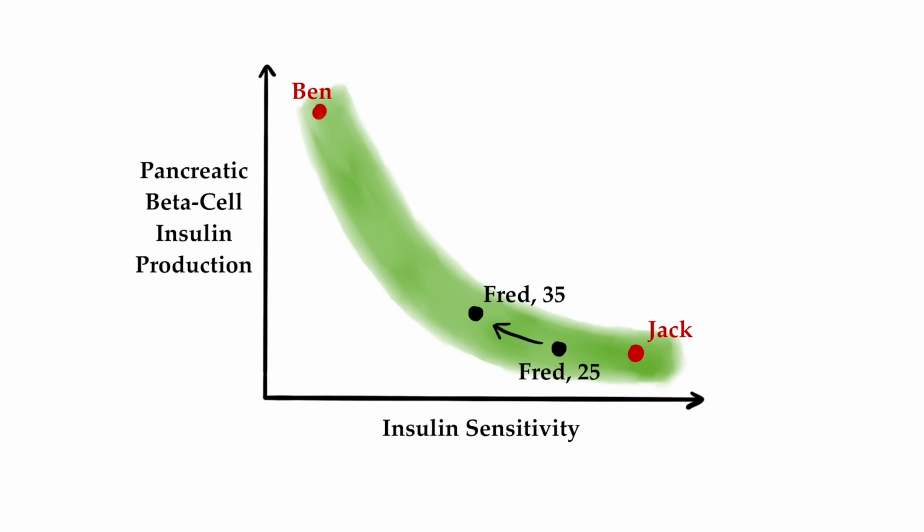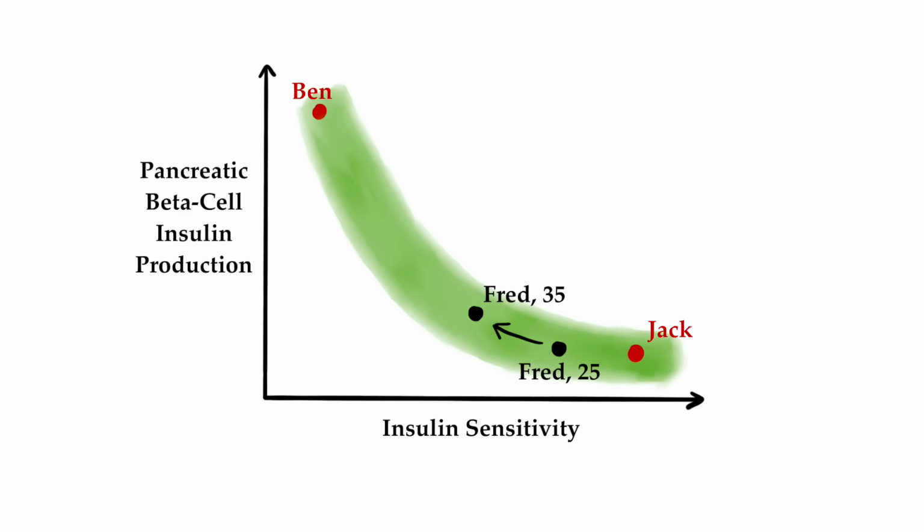As we'll discuss in a separate video, an increase in body weight and particularly fat mass is one of the factors that reduces insulin sensitivity. So now, with the higher body fat mass, he is right here. He is less insulin sensitive, but his beta cells were able to keep up with the higher demand. He is still fully glucose tolerant, and his glucose levels are about the same as they were when he was 25. So there has clearly been a change in how his body handles glucose, but clinically it isn't apparent yet.